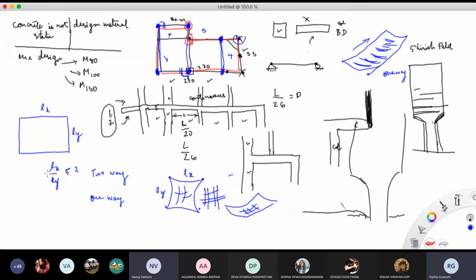ओके, तो द आइडिया इज कि अगर आपका स्लैब का डिमेंशन एग्जैक्टली स्क्वायर नहीं बट थोड़ा स्क्वायर जैसा है, अगर लेस देन और इक्वल टू 2, तो देन दैट इज अ टू वे स्लैब. तो टू वे स्लैब में आपको दोनों डायरेक्शन में एक्चुअली मेन रीबार्स देना होता है, लेकिन ये वन वे स्लैब में ओनली इन वन डायरेक्शन आपको मेन स्टील देना है, दूसरे में खाली आपको वो माइल्ड स्टील देना है.